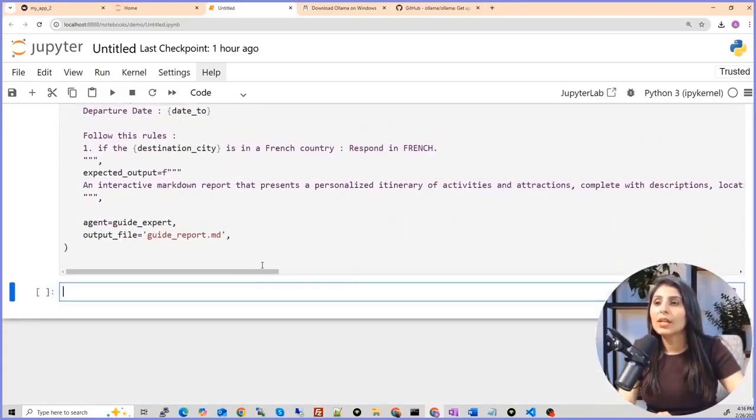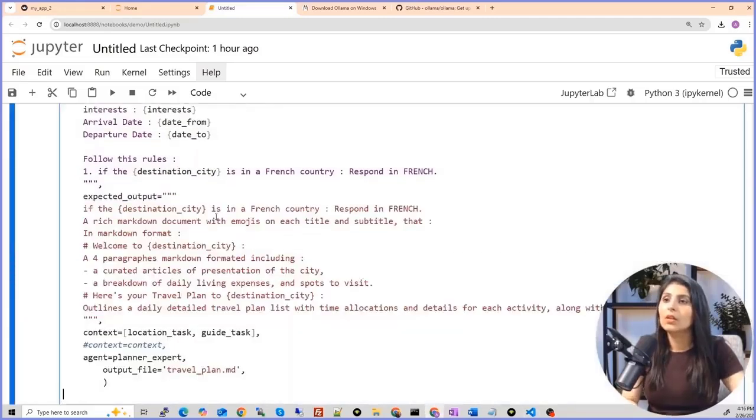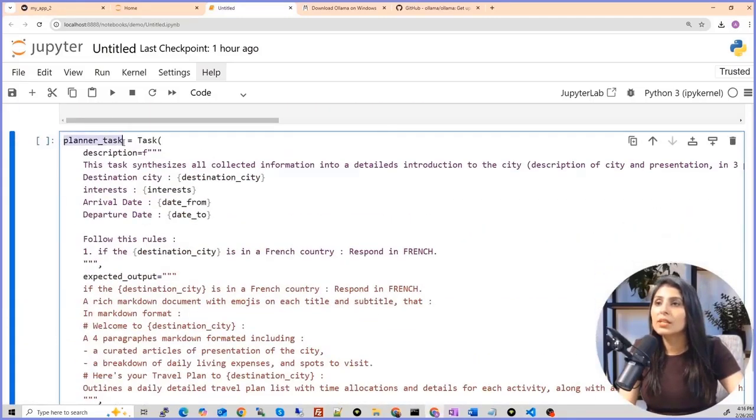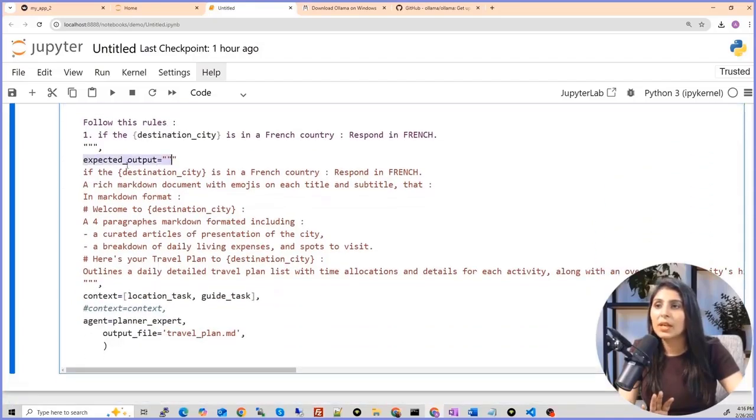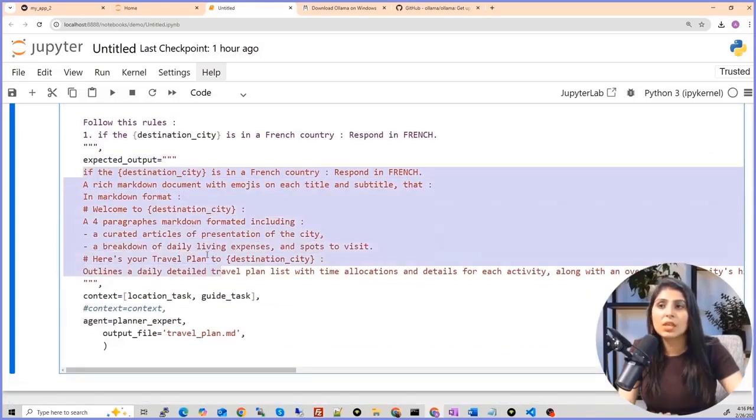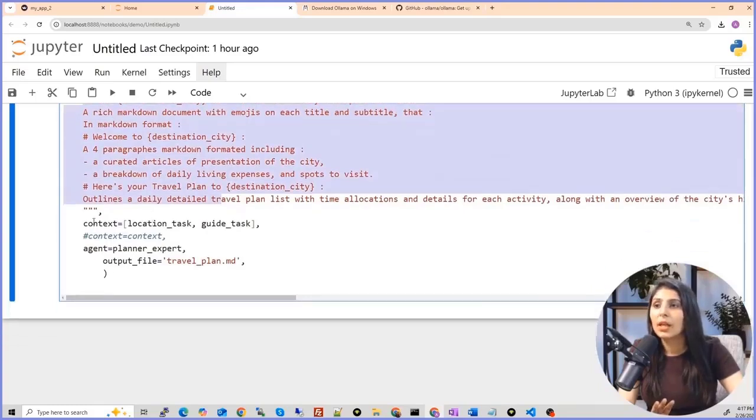Now let's write the third task. So this is the third task, planner task. This is the main task. Okay, so again, the description of the task is mentioned over here. Expected output is this kind of output we need. And the context, guys, see, location task and guide task.